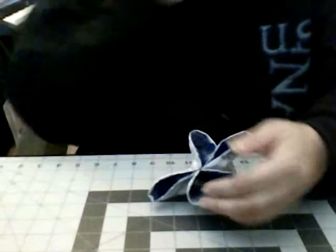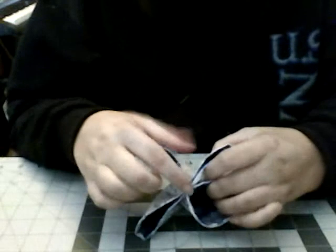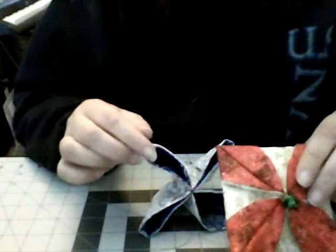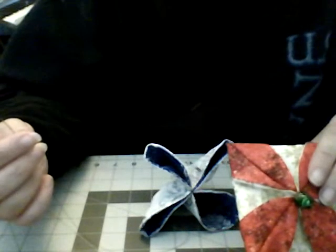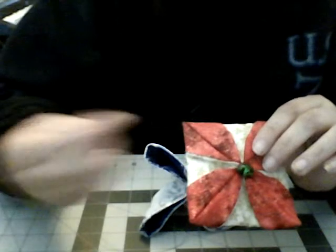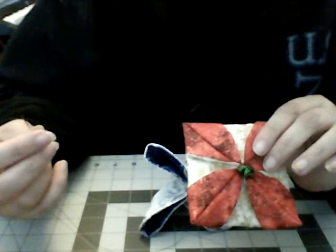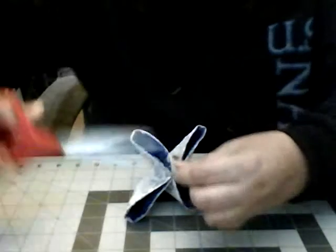Now you can do one of two things right now. Whatever you want to put in the center, like I showed you, this has a jingle bell. You can go ahead and stitch that on right now. A button, a little bead cover, anything that you think will be cute with your material. I'm going to use some snowflake buttons on these, but I'll go ahead and show you how to finish up, because you guys can pretty much figure out how to sew a button on them. So we're going to go ahead and cut the thread,